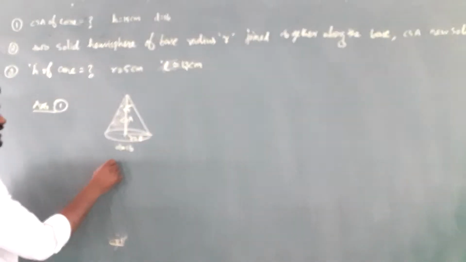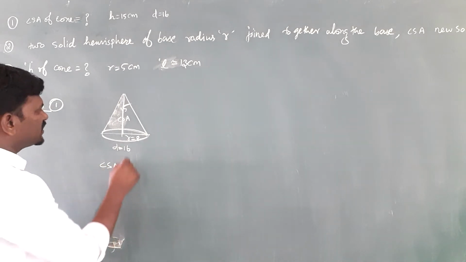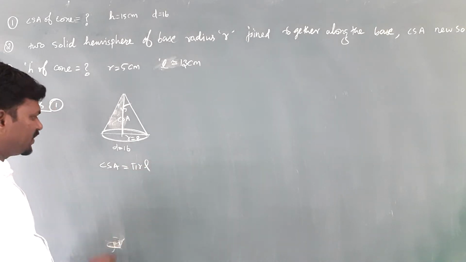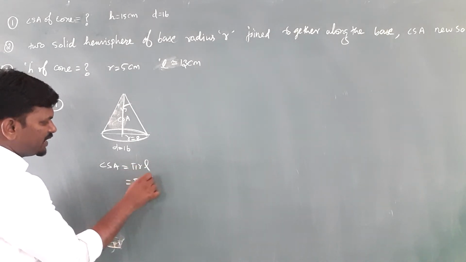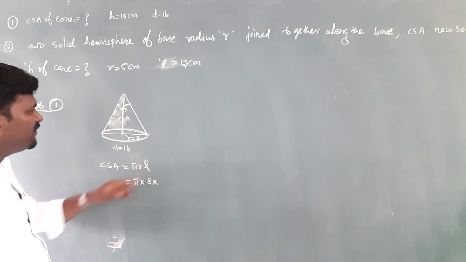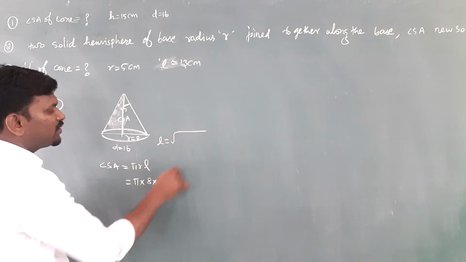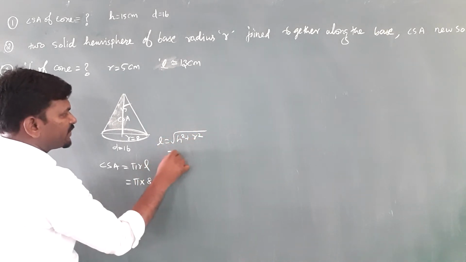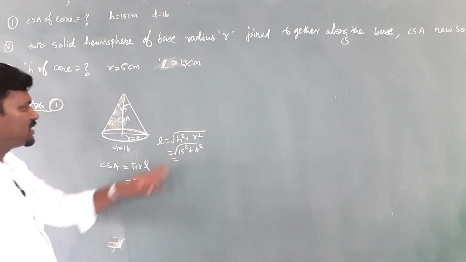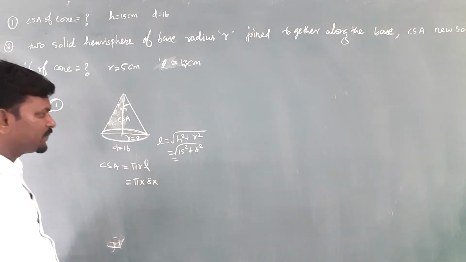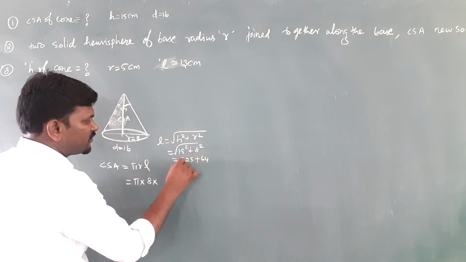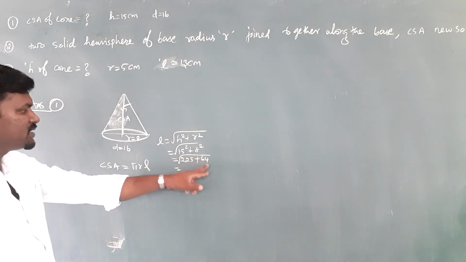R is 8. So, the CSA formula: CSA of a cone is pi R L. So, pi into radius 8 into L, which we have to find. L is equal to square root of h square plus R square. So, 15 square plus 8 square, because height is 15, radius is 8. 15 15s are 225, 8 8s are 64. So, 225 plus 64,